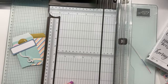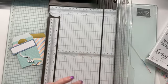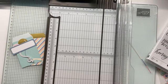This one does have the tiniest bit of blue. Just trying to get that straight. And then a bit of the end. That's better. Okay, so I think I need to get that piece of paper out,